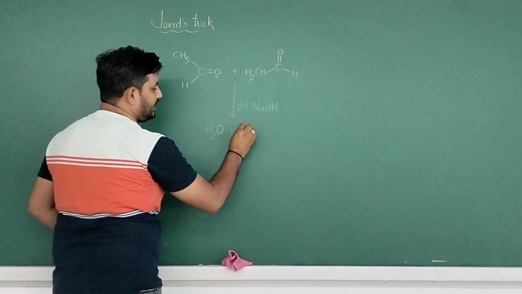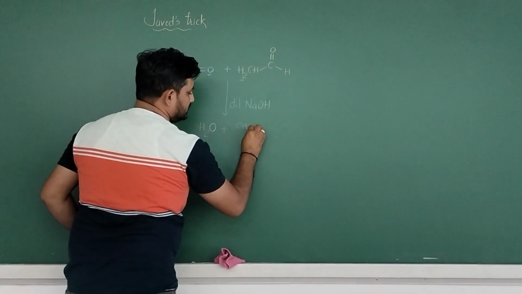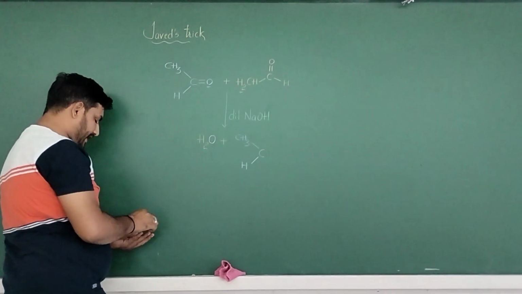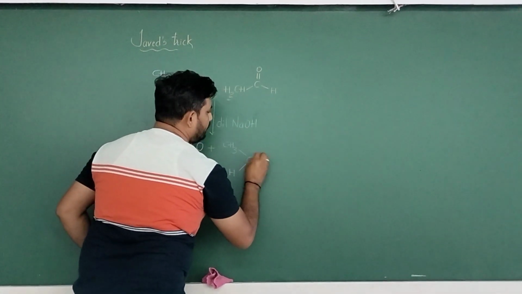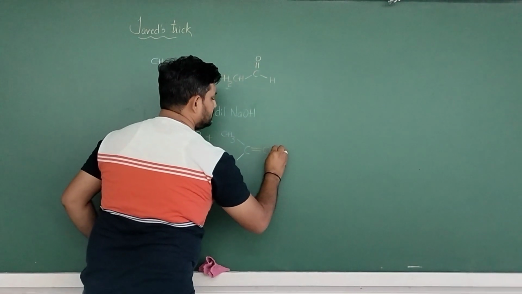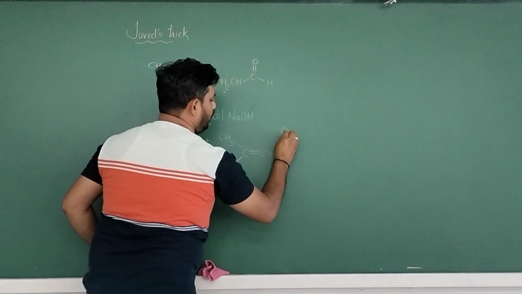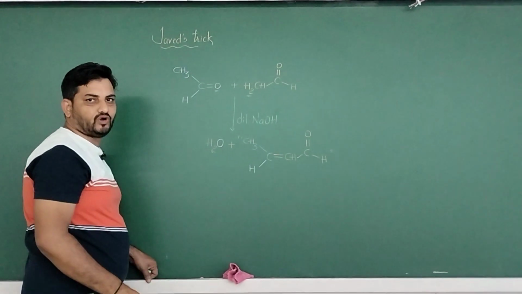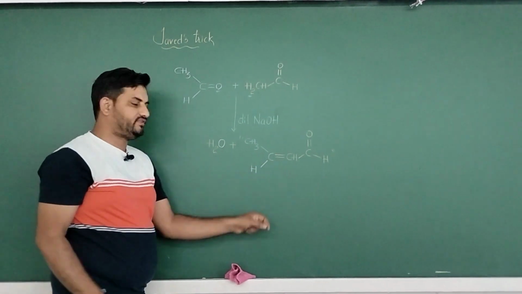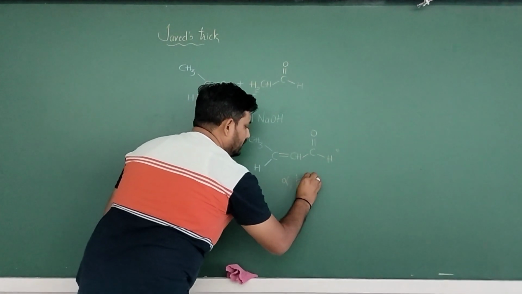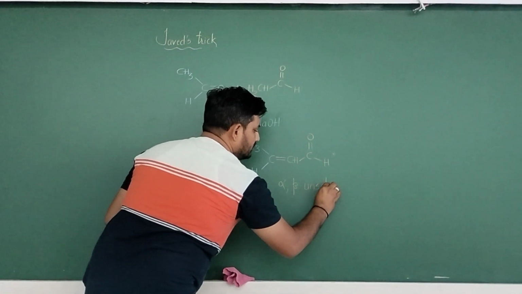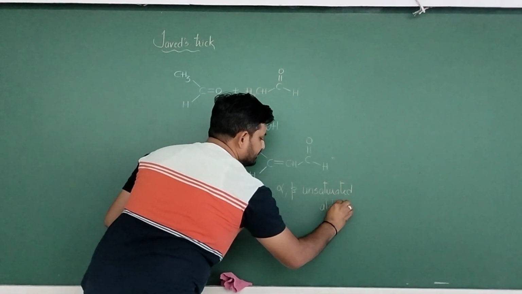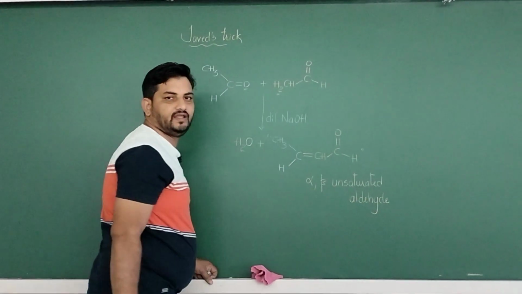And what is the end result? I have got a CH3, single bond C and H. This part of aldehyde I have not taken into consideration for a reactant. It is a double bond CH, C double bond O and an H. Guys, the previous mechanism of multiple steps that I mentioned was an end result of this system. It is an alpha, beta unsaturated aldehyde.